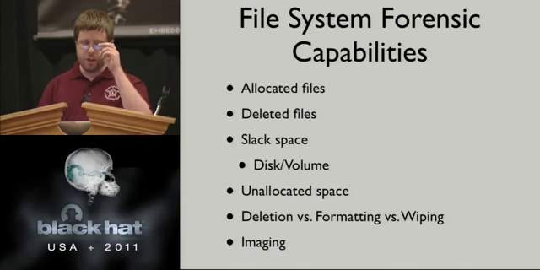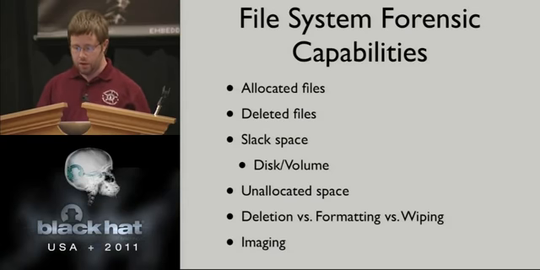If you delete a file, normally all that happens is the file system record gets marked as deleted. Now, in the old FAT32, it would change the first character of the file name. If it's in the master file table of NTFS, it's just marked as deleted, so you don't even lose that first character of the file name. But for a while, that file record will exist in the master file table with all the old information pointing to exactly where on the disk it was. And that file record still points to valid data. It doesn't bother going out and overwriting that data until it needs the space again.